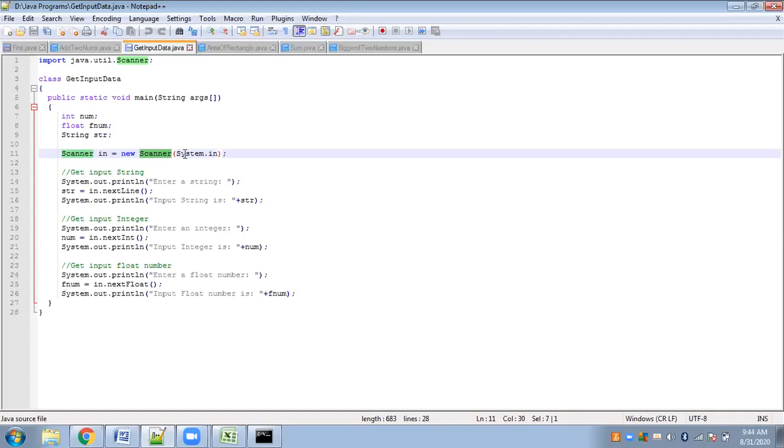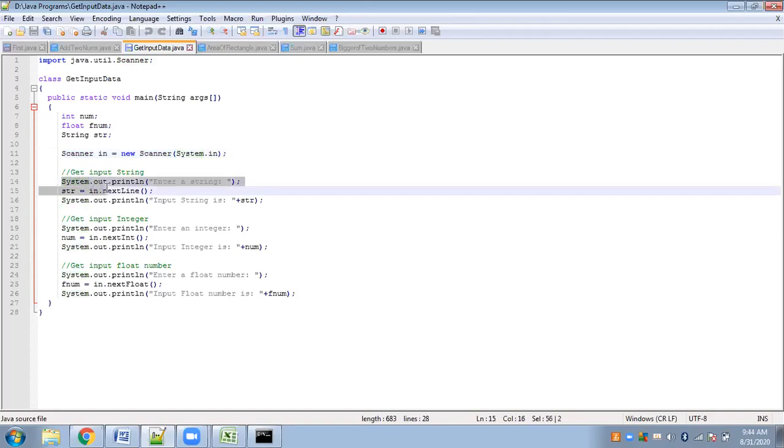Then we have System.in. Here, we have used System.out before. It is the same thing. System.out was an object for standard output, for printing. System.in will be for standard input. This is one predefined object passed for standard input.